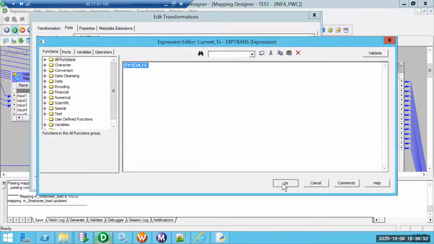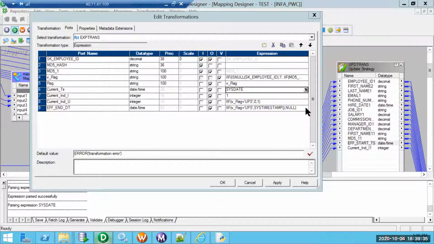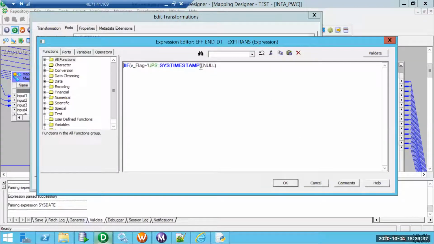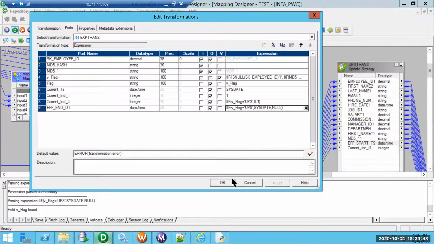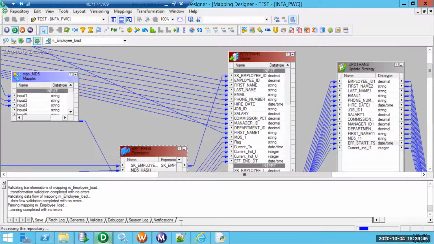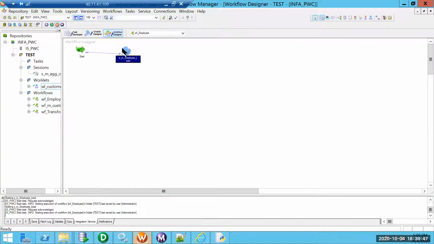Sysdate is also capable of getting time.